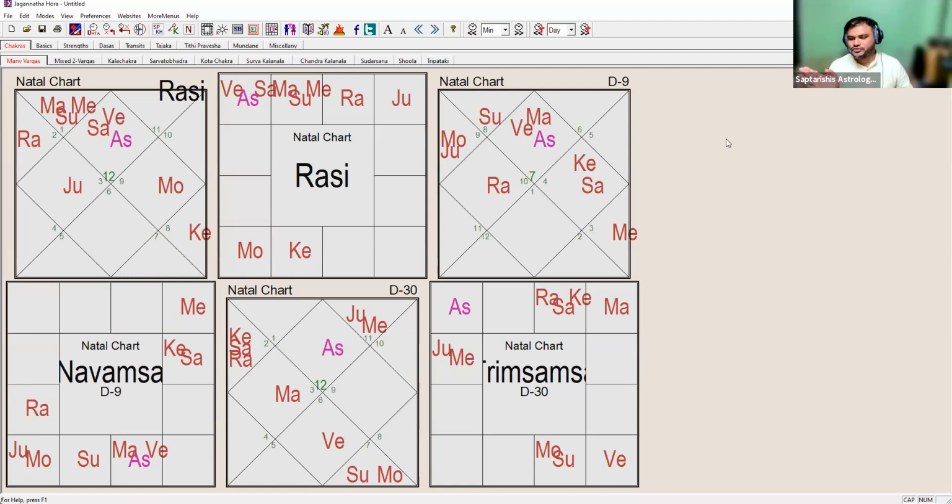Meditation is also suggested for you if you can follow, because Sun and Moon in D30 and D6 are important. So wherever Sun and Moon combine, or Sun and Ketu combine, meditation is the best remedy for them. Yeah, and I would like to add pranayama also, because Saturn is in the Lagna, and that too it is the 12th lord. So pranayama and meditation are very crucial for you. Don't do kapalbhati, leave that out, okay? Yes.